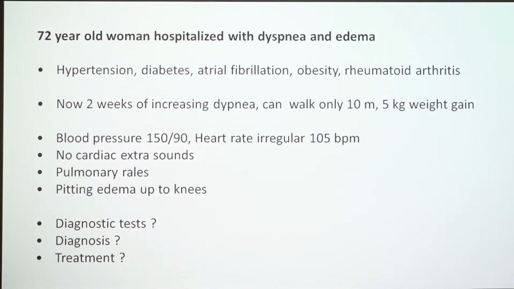She doesn't have any extra cardiac sounds, but she has rales on the lungs, which represents fluid in the lungs, and edema on the calves up to the knees. So what diagnostic tests might we use here, and what diagnosis does the patient have, and how do we treat this? And it turns out that these questions relate very much to the molecular, human physiology, and clinical manifestations of the disease. So heart failure is a very appealing syndrome to study because it's very linked to mechanisms, it's very linked to society, and very linked to everything in between.